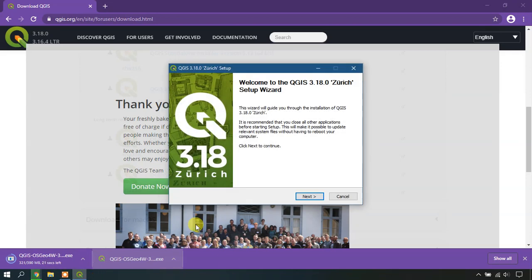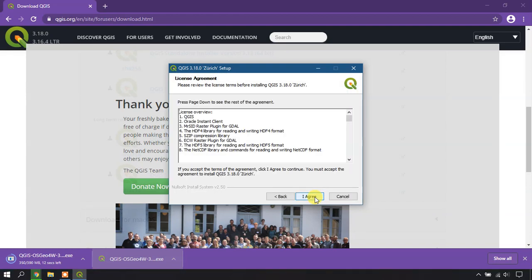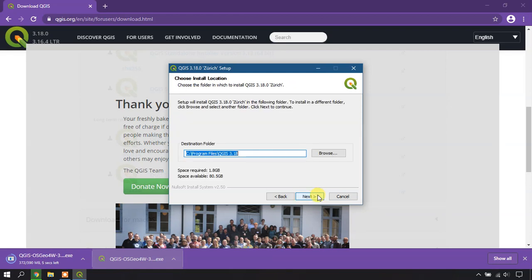You can see the window has appeared. This is the setup wizard for QGIS 3.18. Just click Next, read the license agreement, and agree for installation.